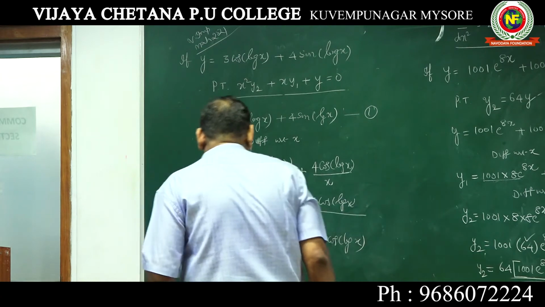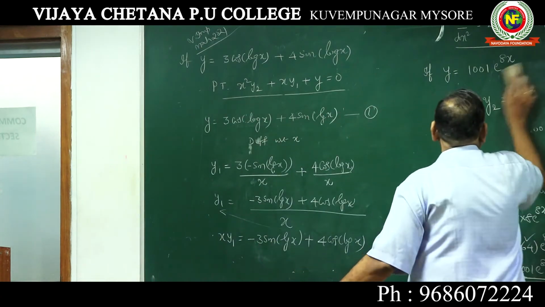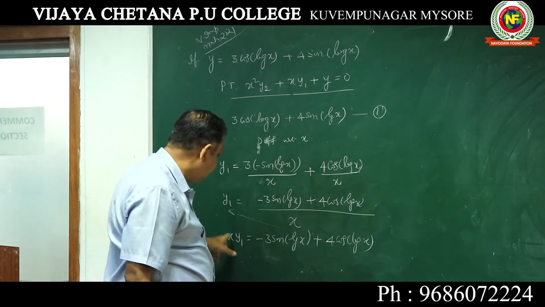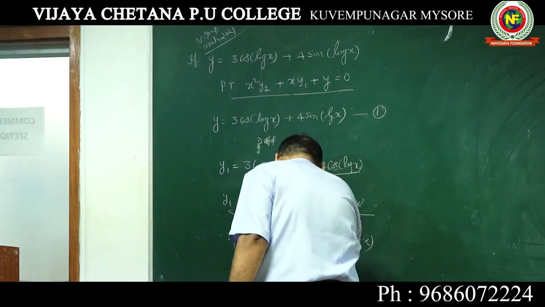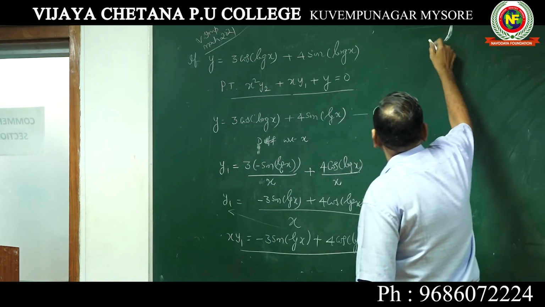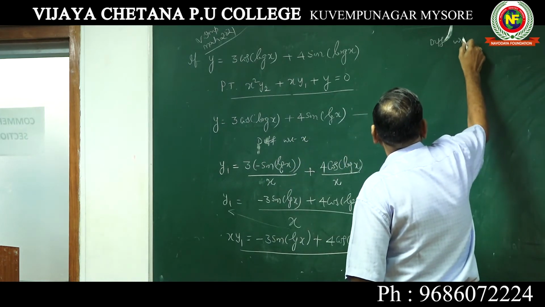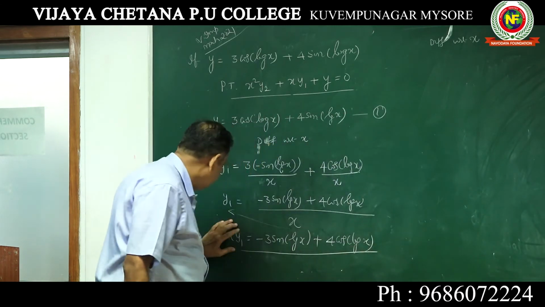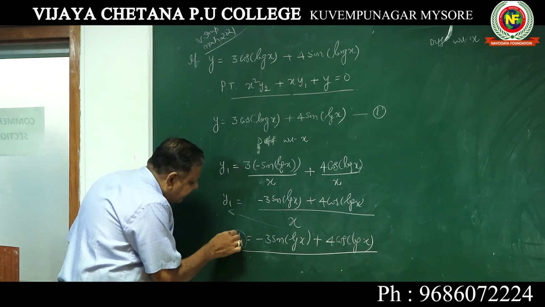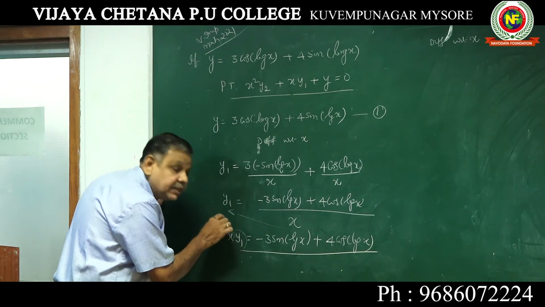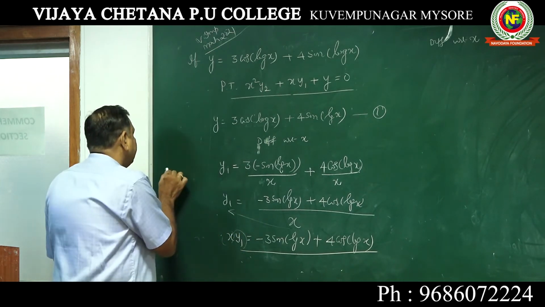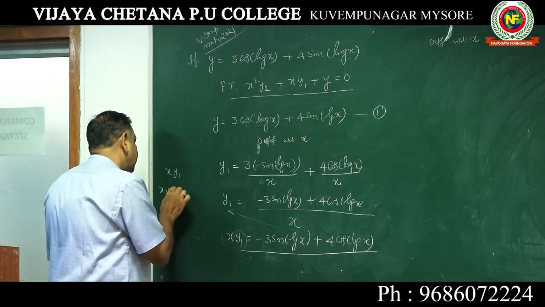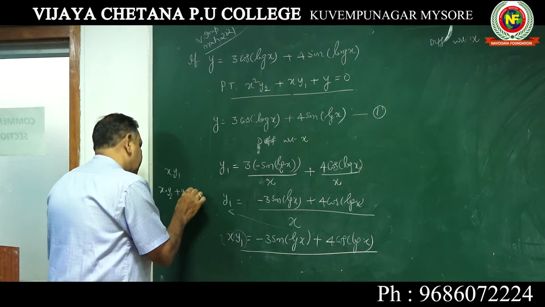So I have cross multiplied this with this. Now it is by x, because it is a chain rule. X in xy1. Now further differentiate this, differentiate with respect to x. When you further differentiate with respect to x, this is a product rule, x y1. So this into d by dx of this plus this into d by dx of this. So when you are differentiating x y1, what happens is x into y2, d by dx of y1 is y2, plus y1 into